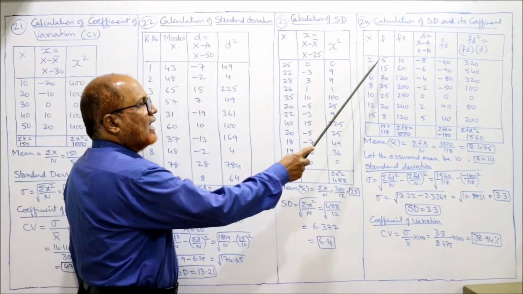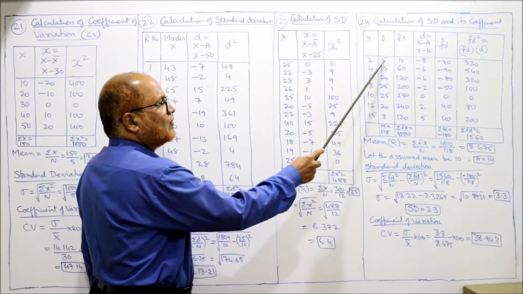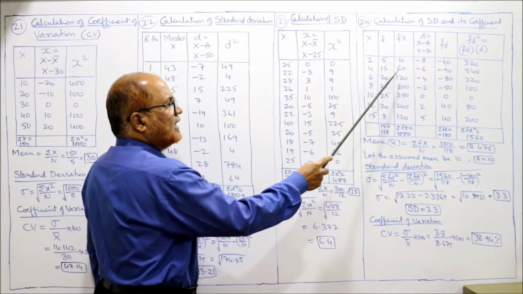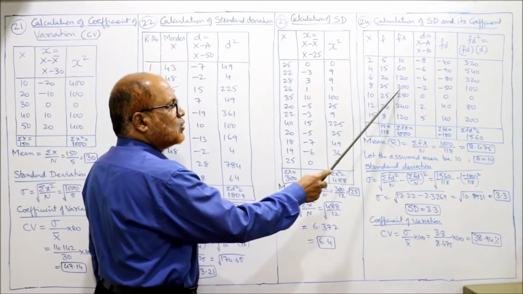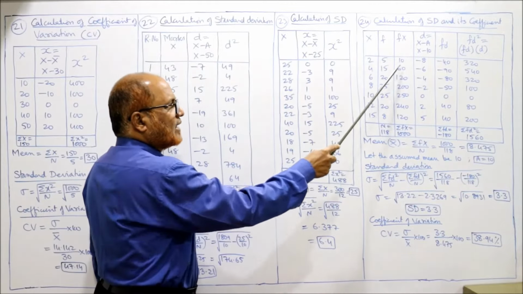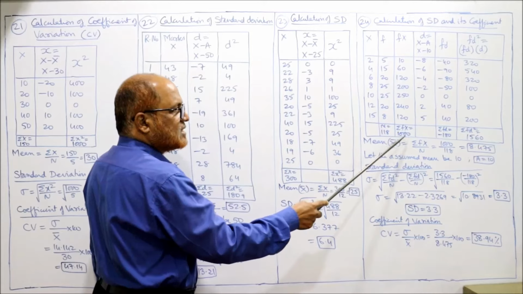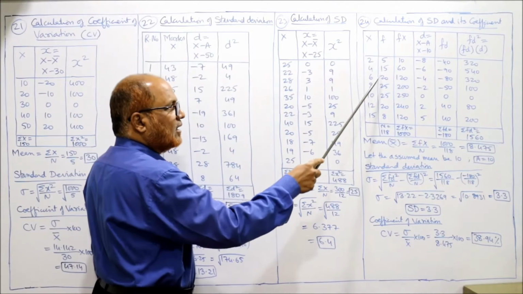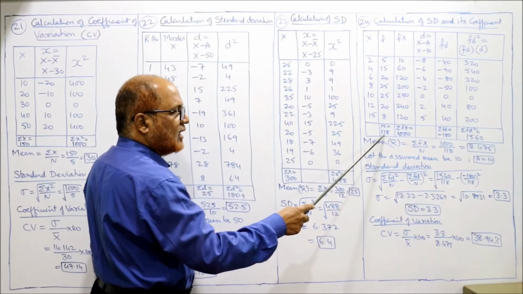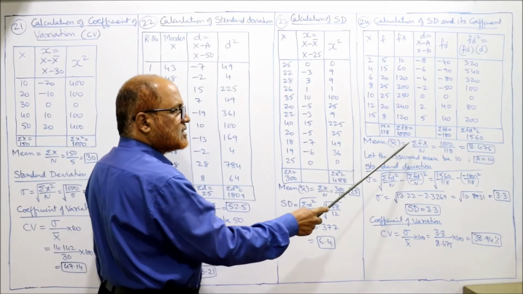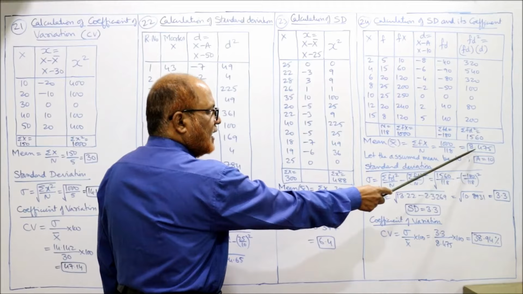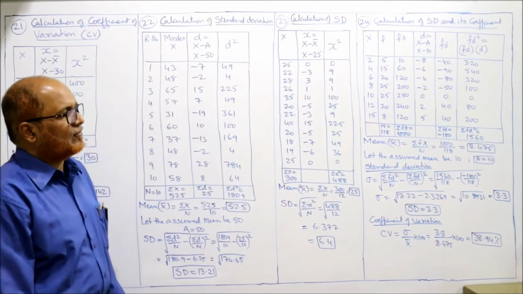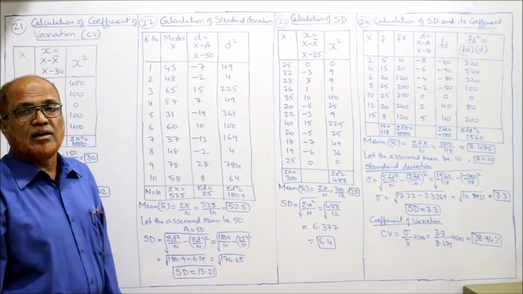तो मल्टीप्लाई करेंगे f into x. 2 into 5 10, 4 into 15 60, 6 into 20 120, 8 into 25 200. ये पूरे मल्टीप्लाई करें तो fx आ गया. Summation fx is 1000 and n the total of frequency is 118. तो mean x bar is equal to summation fx by n, 1000 by 118, 8.475. Again we got the